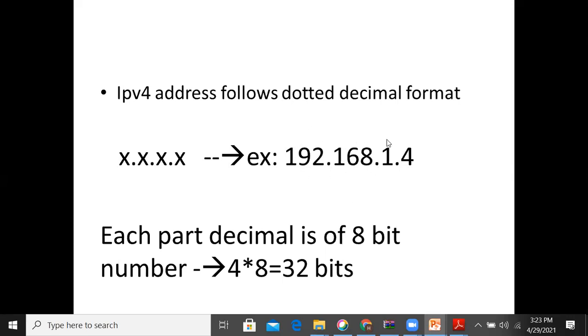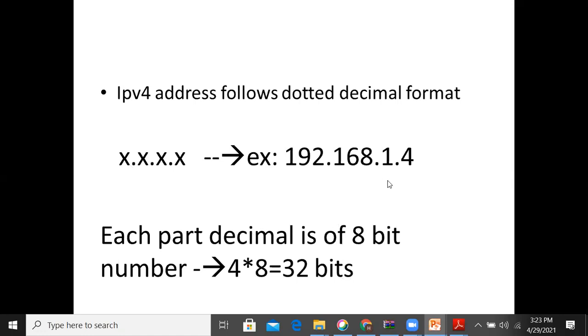IPv4 is of 4 parts, and each part is one decimal number. Each decimal will be of maximum 8 bits, so we are using an 8-bit decimal number. That means here each x represents 8 bits, 8 bits, 8 bits, 8 bits. So that is totally how many? 32 bits.